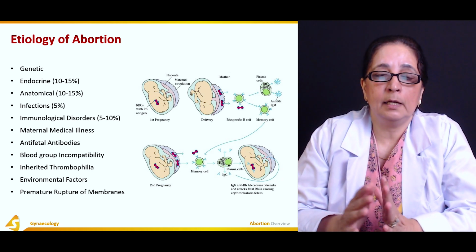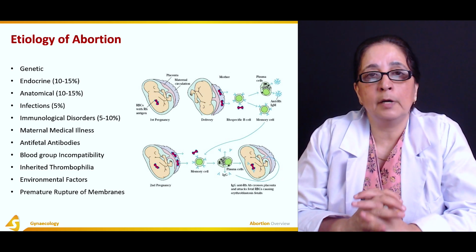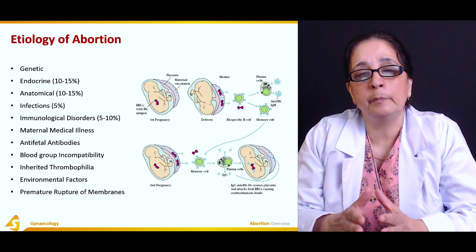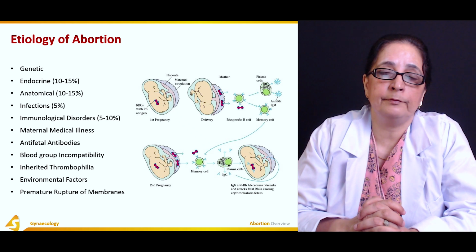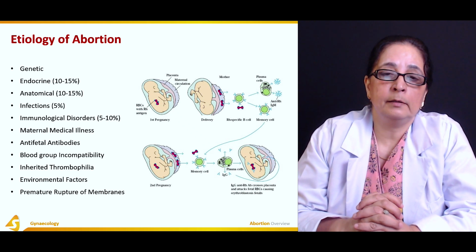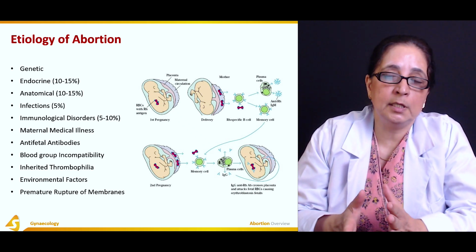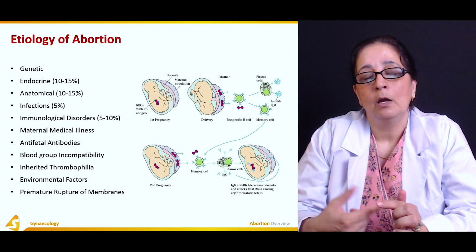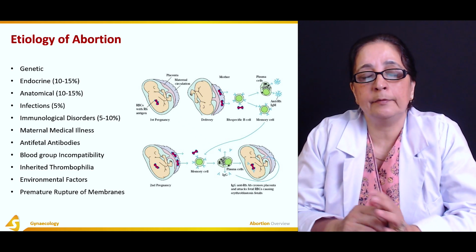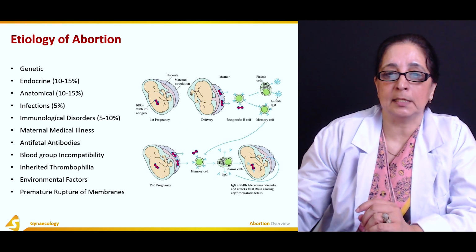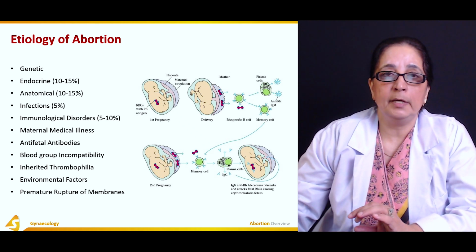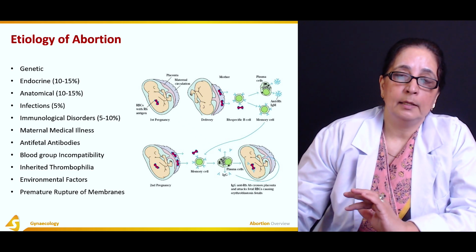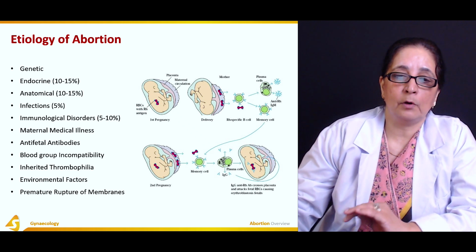And then when the blood from the baby goes into the mother, she usually develops antibodies against the fetus's blood. In the first pregnancy, usually it's safe, but in the second or consecutive pregnancies, if the same situation happens, if again the mother is Rh negative and the baby is Rh positive,